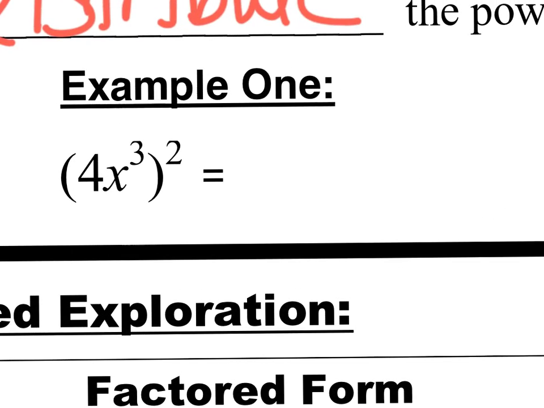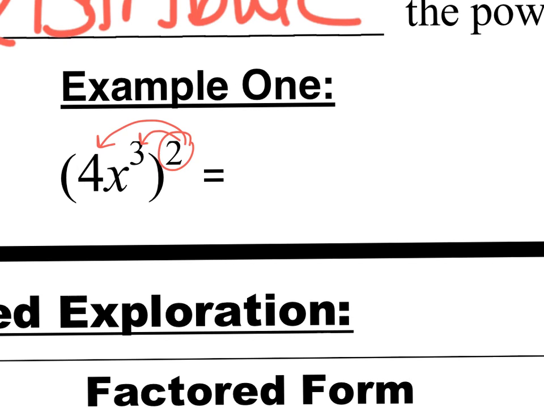I have 4x cubed raised to the 2nd power, so I'm going to distribute. So one thing I want to make a note of here is that if I don't see an exponent, the exponent is 1. So here 2 times 1 would give me 2, so my first part of my term